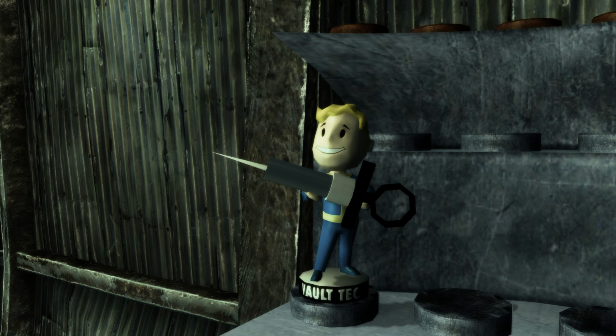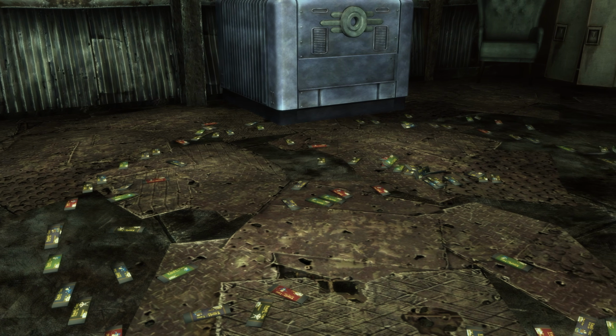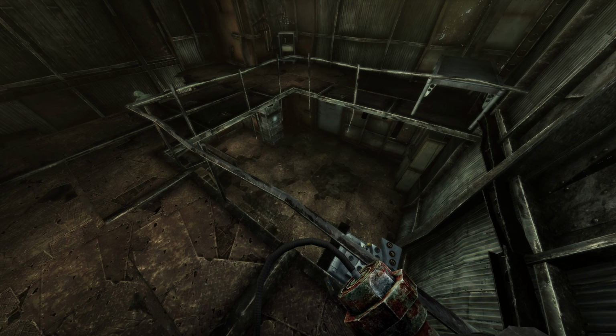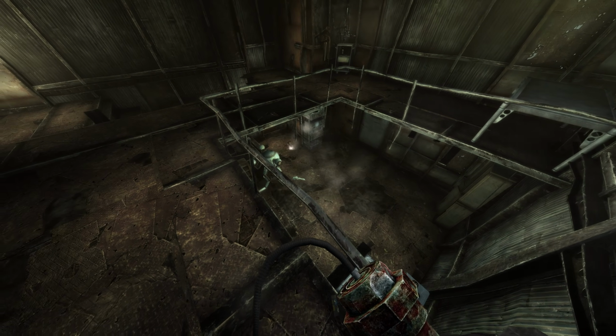They function pretty similarly to how bobbleheads do in Fallout 76, giving you a temporary plus to one of your SPECIAL attributes. And this is really nice, as it's a good way to give yourself a little boost without using chems. And you can find them pretty much anywhere you'd expect, so in containers, inventories, and each one having a